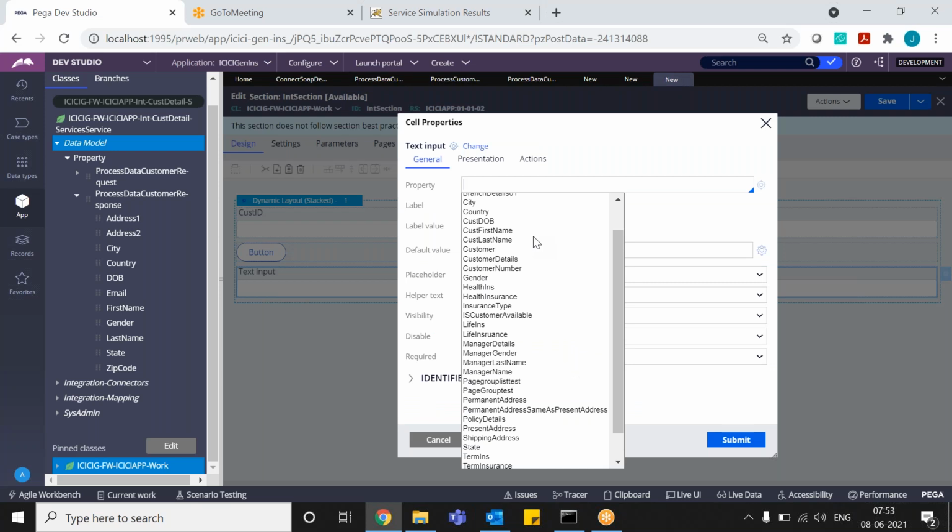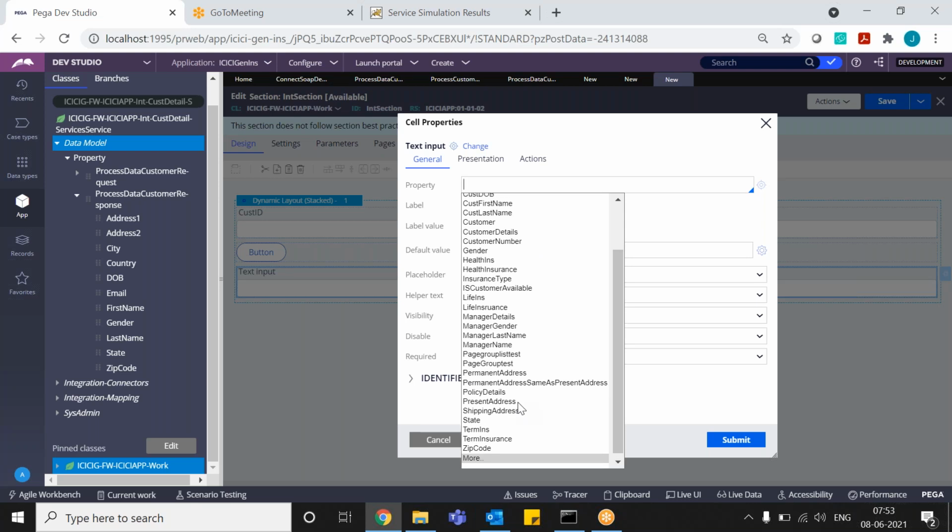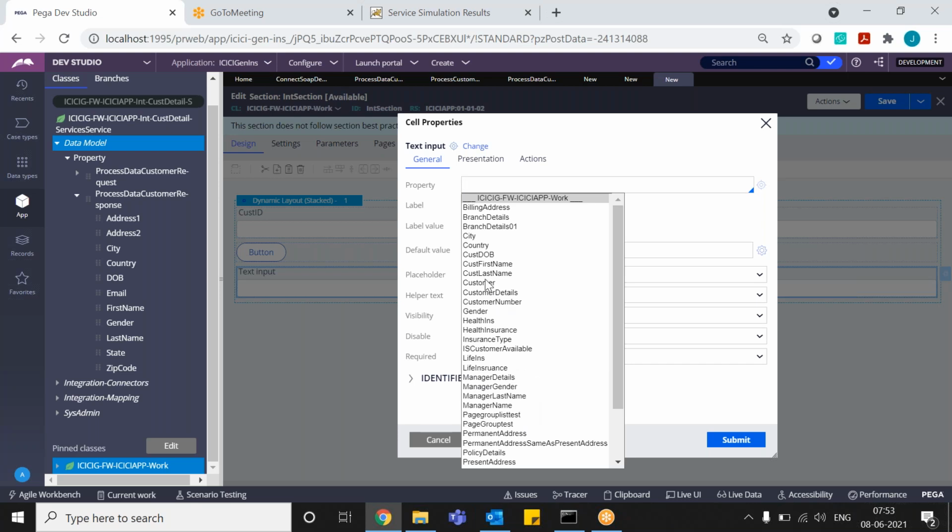For showing here, which class do we need to take, sir? Here we have customer connect class. The retrieved data will be under the customer details only, right? The same customer class should be used. That only, yes.